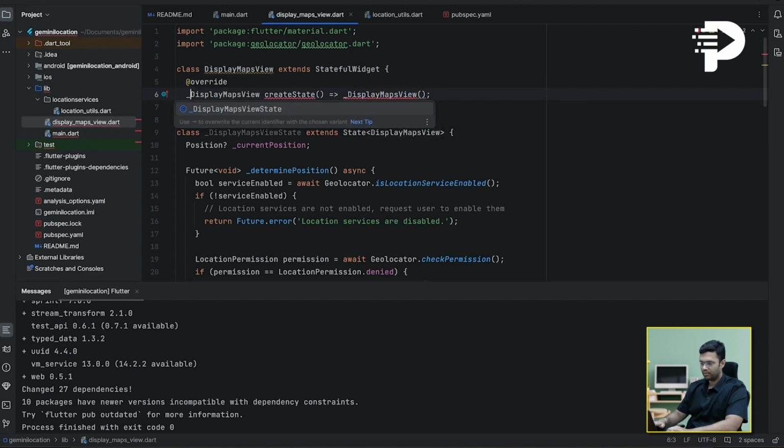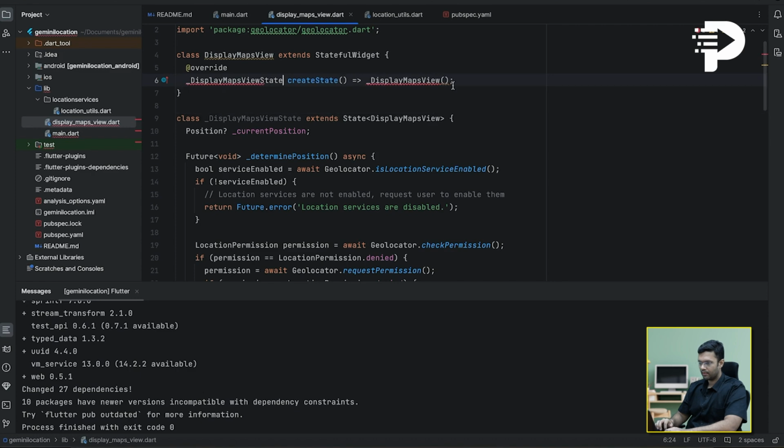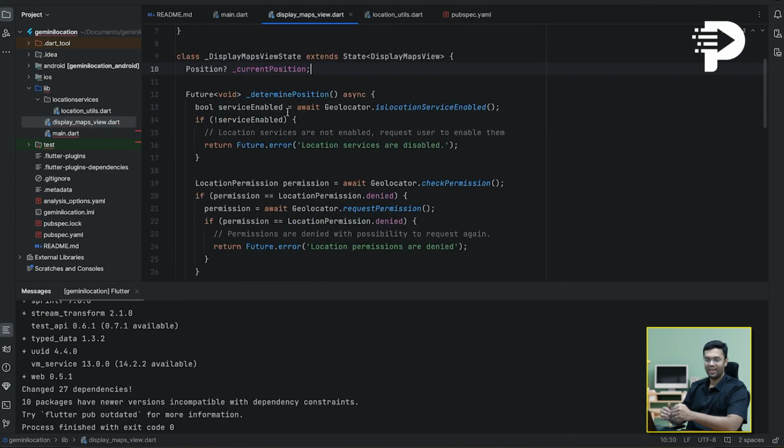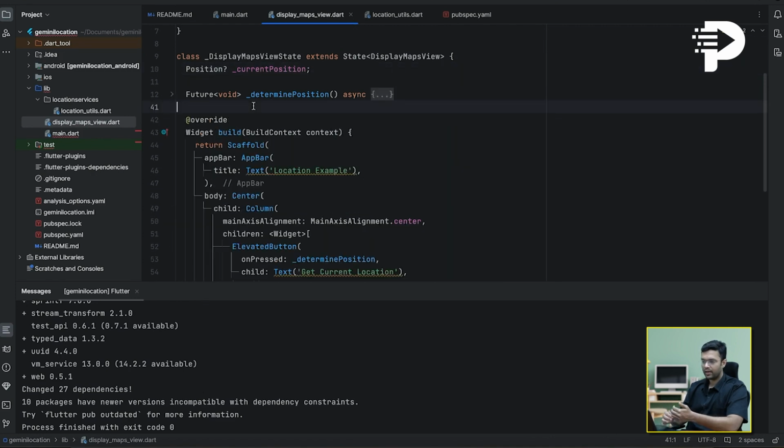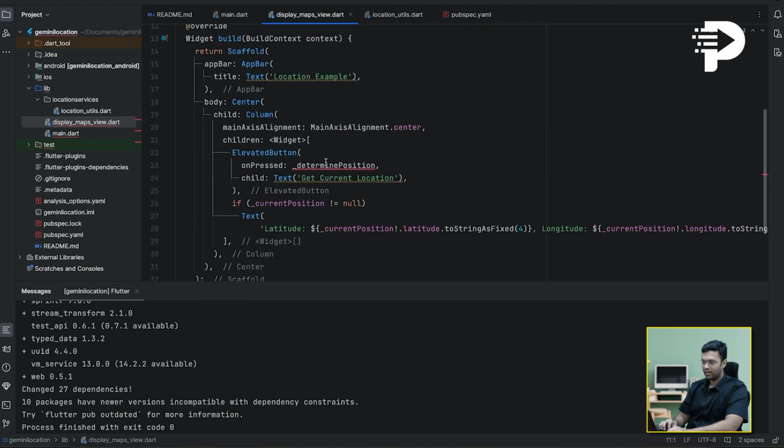Let me put underscores so that it stops giving me an error. I forgot to put the word state. Yeah, well, in this scenario, my code determine position is already dumped inside the class file. Well, I'm going to follow good principles, which says that a view should only be doing the code for view and nothing else. Hence, I'm going to erase this piece of code, and when the button is pressed,